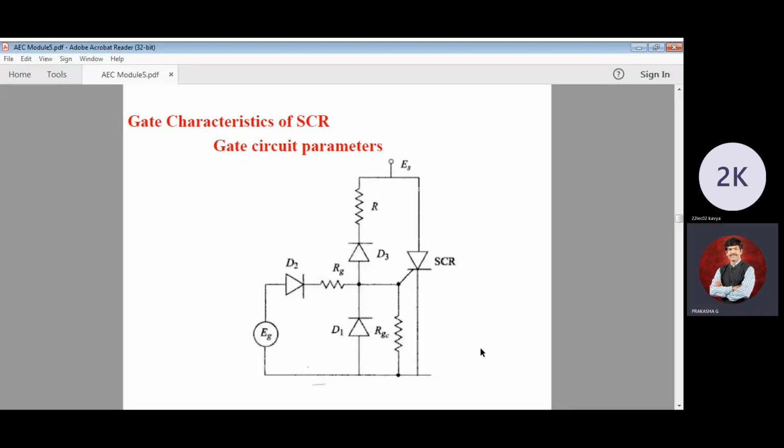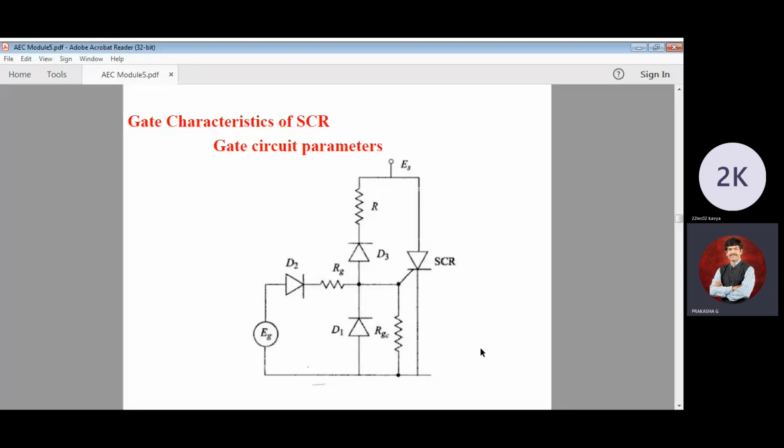We have D1, D2 and D3. Three diodes are going to be used to supply the voltage to your gate terminal, to supply the current, IG,